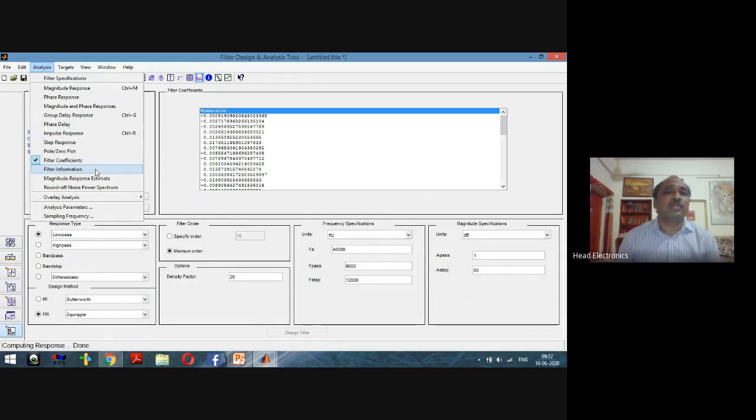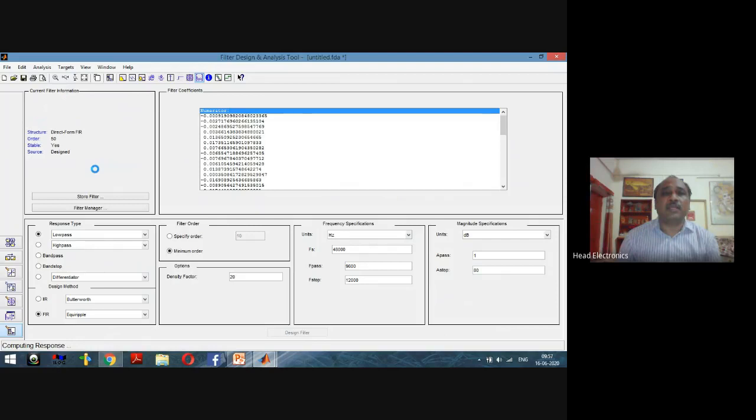The filter information is something like in this manner, that is the filter length is 51 because the order is 50, so the length will become 51. Stable, yes. Linear phase, it is type 1 linear phase, and the implementation cost will depend upon the number of the multipliers, adders, number of the states, that is the energy storing devices here, and then multiplication per input samples and the addition per input samples here. These are the parameters which are given here in order to decide the implementation cost of the filter having